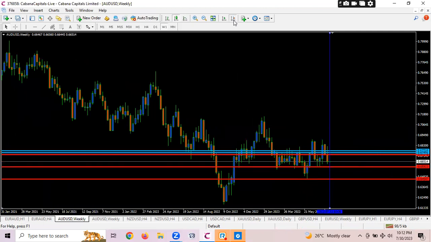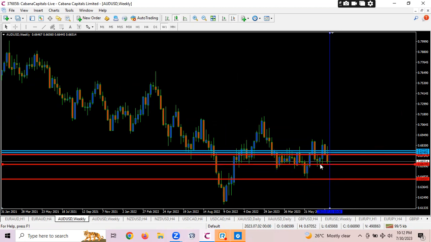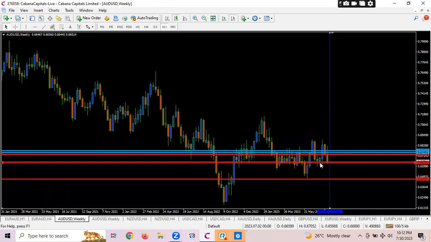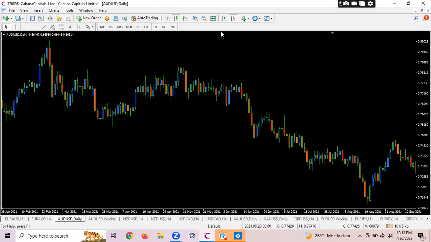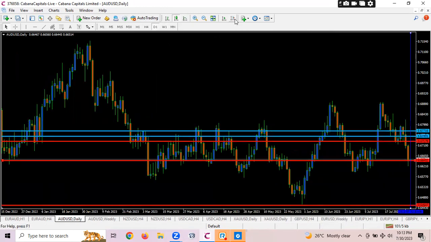Okay. Yesterday, if you joined the class, I told you Australian dollar USD is bearish because this candlestick, last week's candle, closed below this support. And I said we should expect price to pull back to a previous support turned resistance before we consider selling. So Monday, Tuesday, I'll be looking out for a buy setup